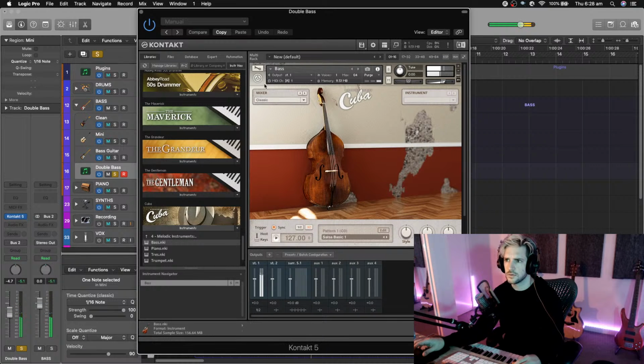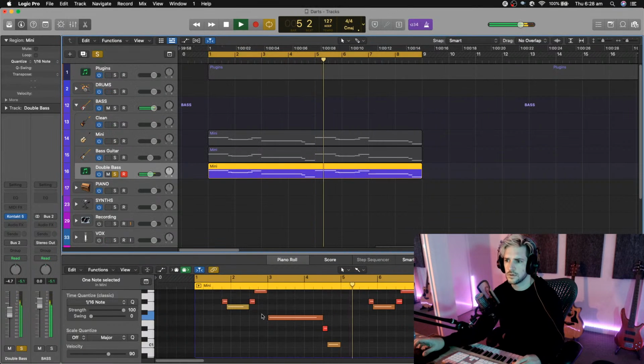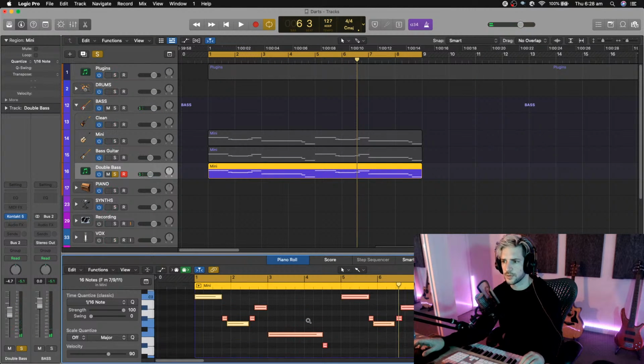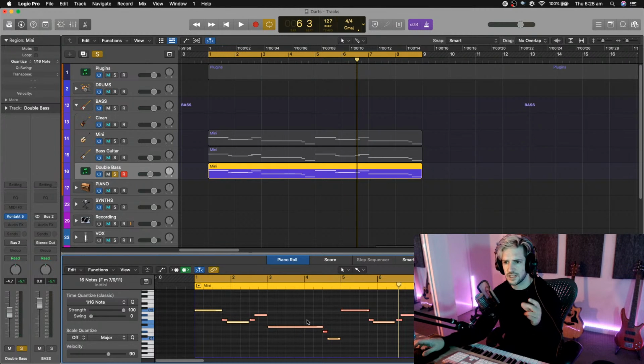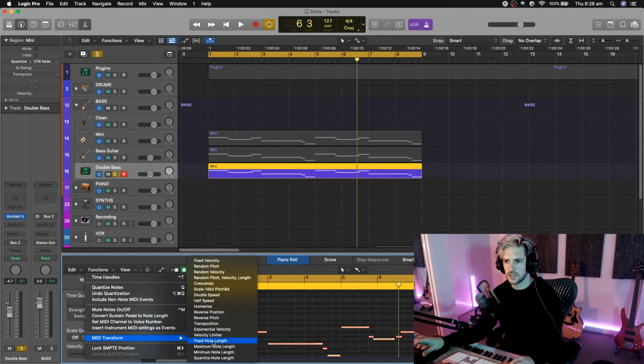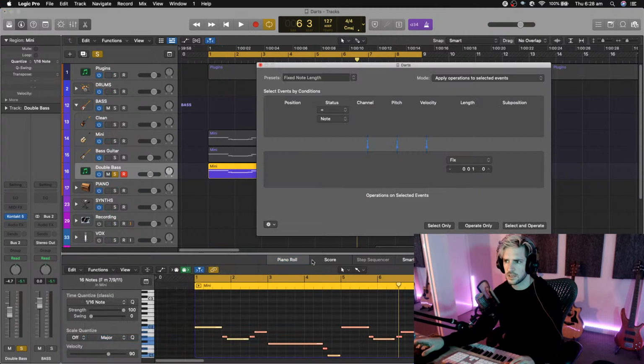It's kind of cool. You know what though? I don't like the held out notes because we've already got so much held out now. I kind of just want the start of it. So what I'm going to do is hit the functions here, go MIDI transform and go fixed note length and go